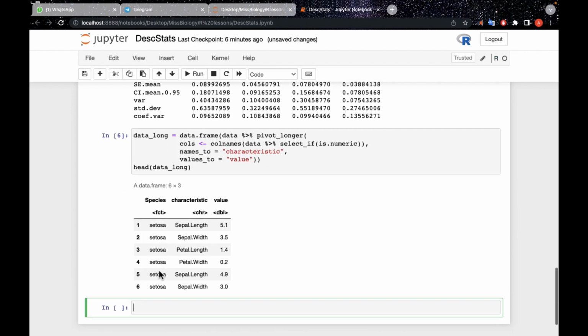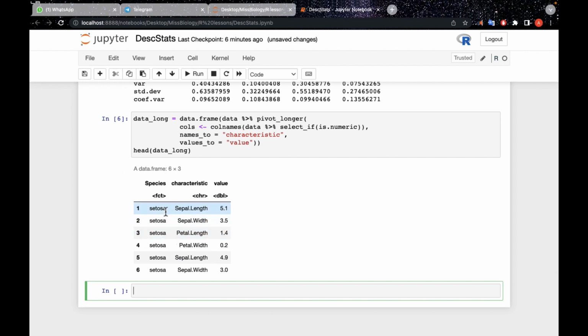And we get the long format of the data. If you see here, we have the species Setosa and the characteristic gathered together here, the sepal length, the sepal width, the petal length, and the petal width, and the value for each characteristic of the species.